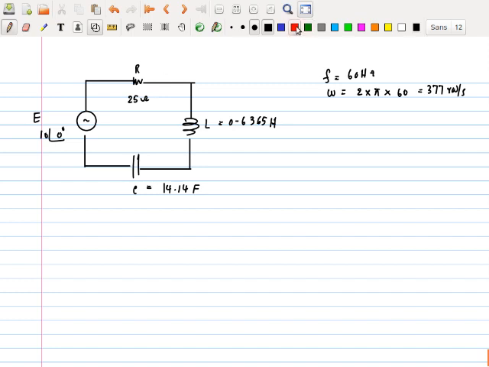So to do that, if I want to transform this to AC circuit, this becomes 25, right? You realize this becomes J times L, which is 0.6365 into the frequency omega 377, which works out to be J200, right? J200. And this one, if I want to transform this into an AC circuit, that will be 1 over J C omega, which will be like minus J over C, which is 14.14 times 377, the frequency, which works out to be